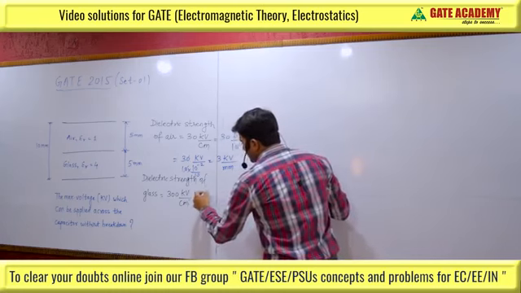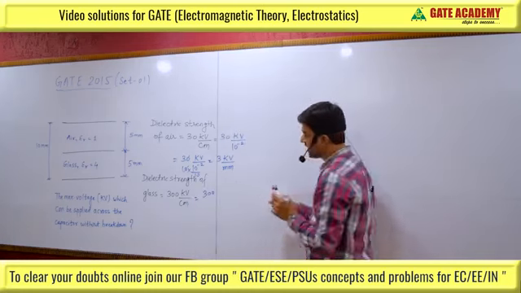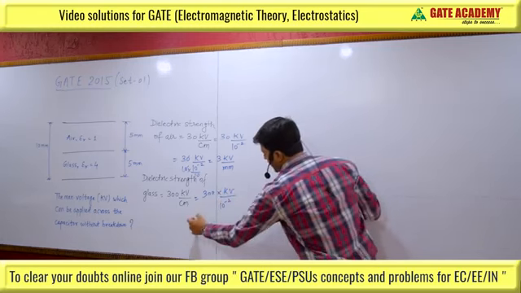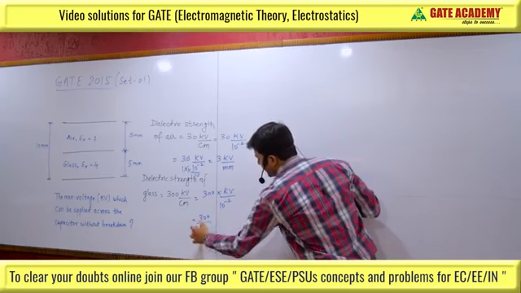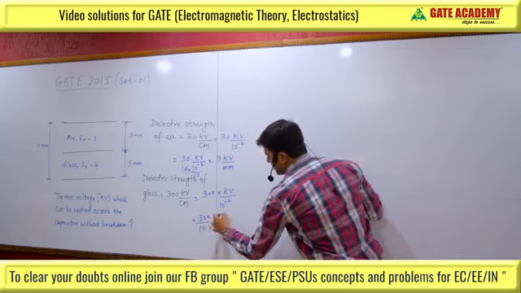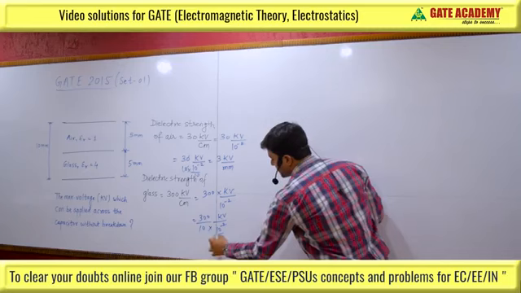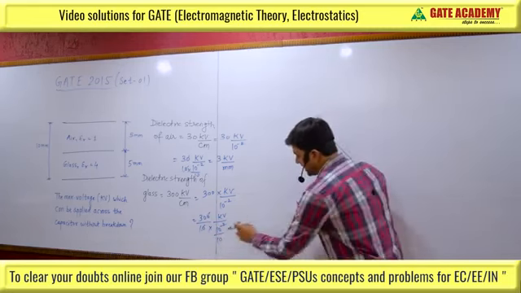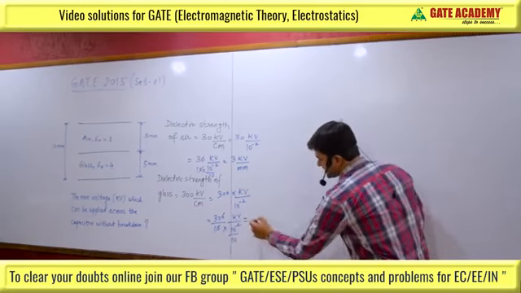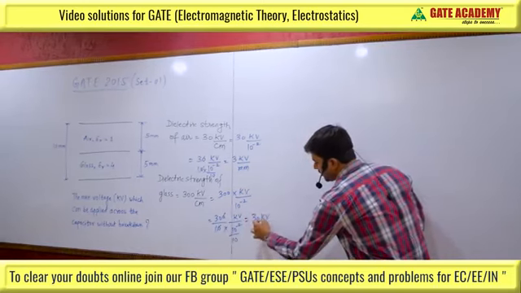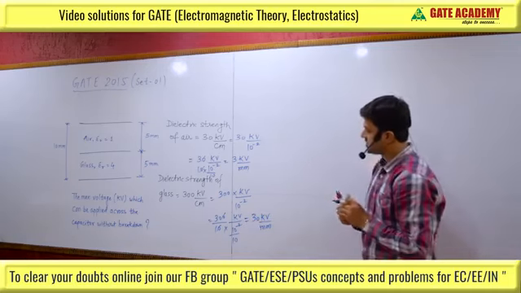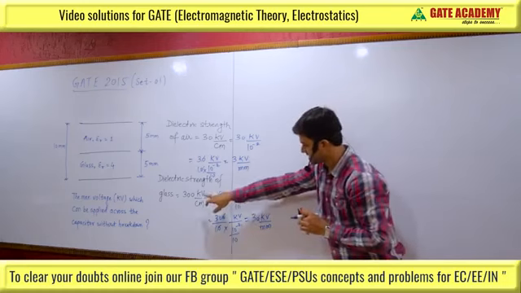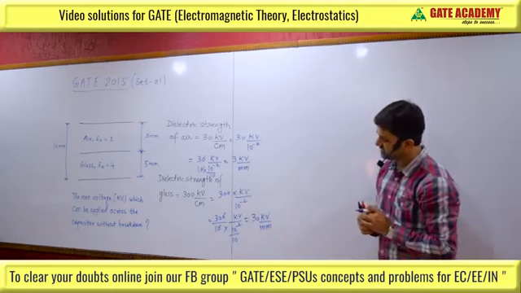Similarly, we can also convert the dielectric strength of glass. This is kilovolt per centimeter, and this can be written as 300 divided by 10 kilovolt, 10 to the power minus 2 divided by 10. So this will be 30 and this is 10 to the power minus 3. So this is 30 kilovolt per mm. So the dielectric strength of air is 3 kilovolt per mm and the dielectric strength of glass is 30 kilovolt per mm.